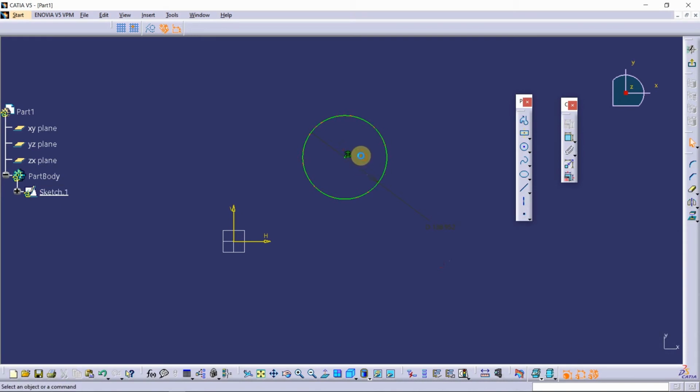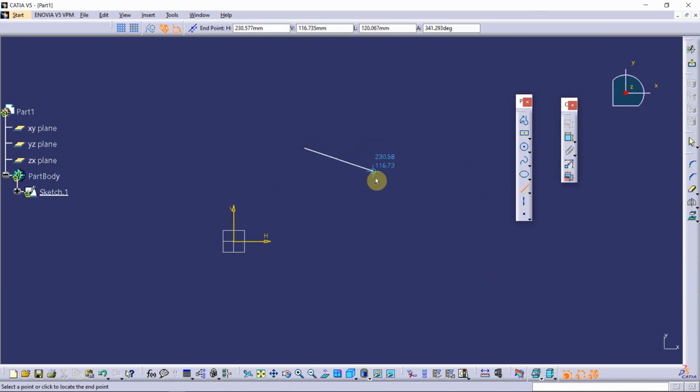But this is not a traditional way of doing things in CATIA. In order to fix this circle, you have to fix the center point, and you can make use of this horizontal and vertical axis to do that. So observe me here. I'm going to select constraint and I'm going to select this point and this axis. There is some value, and I'll do that again for the vertical axis. Now you can see the sketch turned green again, which means that it is fixed again. This is more of a general thing to do inside CATIA. You will fix any sketch by giving constraints. Okay.